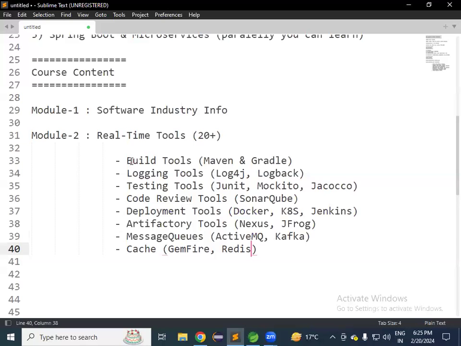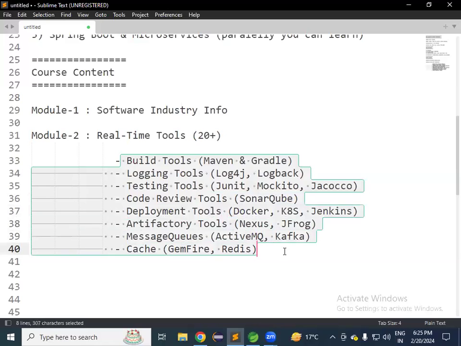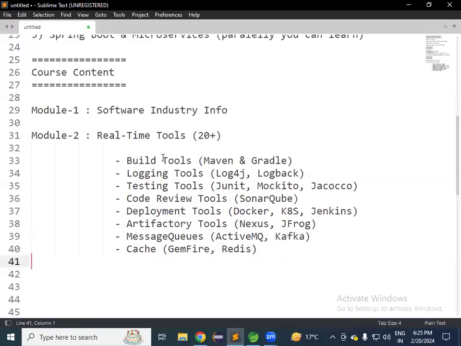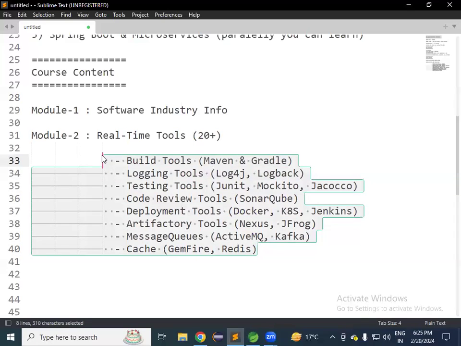Like this, as a developer, we need to know several tools also. Tools like Maven and Gradle are used for the project build process. Without Maven or Gradle, no project will be developed in real time. Without logging, a project will not be available. Without unit testing, a project will not be available. All the tools that I have mentioned here are mandatory, not only for experienced people. Even a fresher should know all these tools,